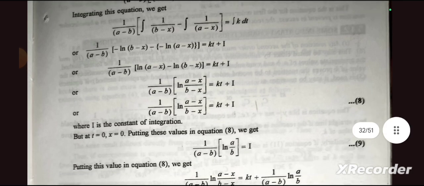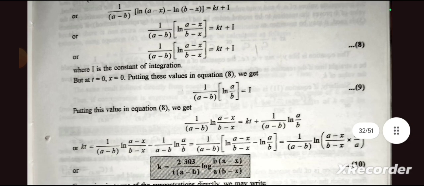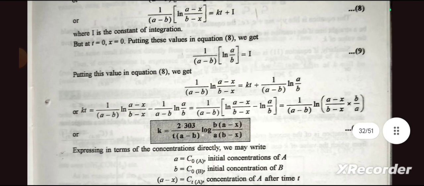Integrating this equation we get 1/(a minus b) [integration 1/(b minus x) minus integration 1/(a minus x)] is equal to integration k dt, or 1/(a minus b) [ln(a minus x) minus ln(b minus x)] is equal to kt plus I, or 1/(a minus b) ln[(a minus x)/(b minus x)] is equal to kt plus I, where